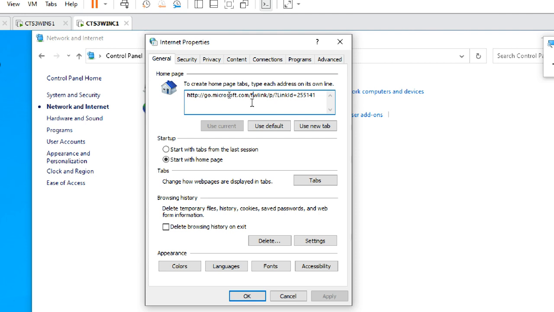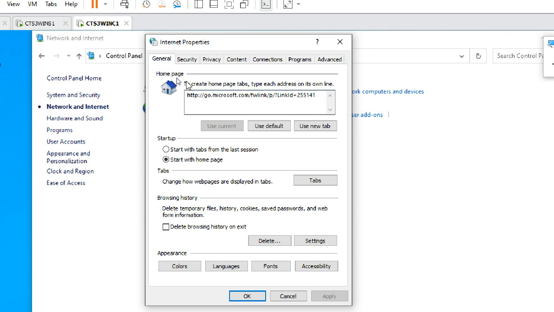When you open a browser, if you set Google, the Google site opens directly, right? Otherwise an empty tab will open. But when you open a browser like Microsoft Edge or IE, instead of opening an empty one, it will open this one. Instead of this, if you mention something different, that website will open automatically.